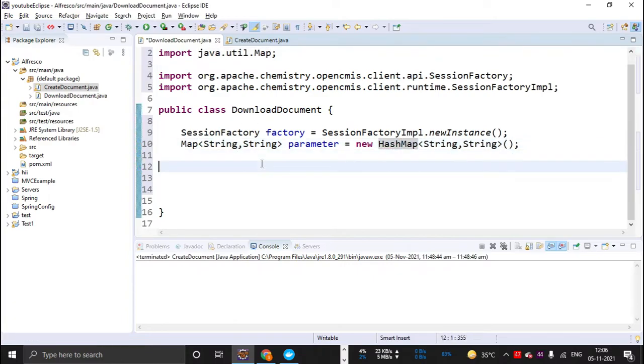Now after I've created this session, I need to pass the parameters inside it. So I will write parameter.put, and the first thing that I need to pass is the username, the session parameter, which is the username,